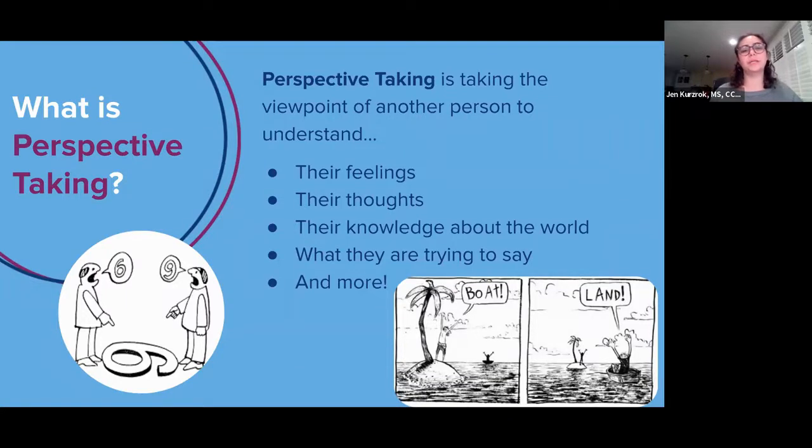And then we can move all the way to the most abstract level of understanding that different people will perceive different situations entirely based off of their previous experiences, their thoughts, their feelings, and their whole lives as they brought it to the table. So that's what we mean about these levels of perspective taking as a cognitive skill.